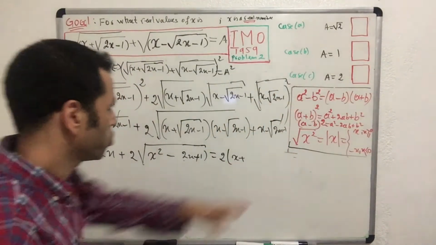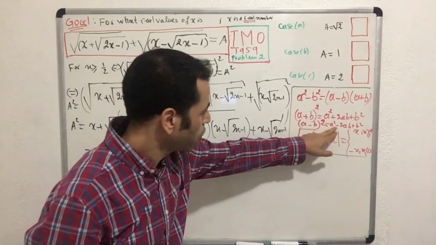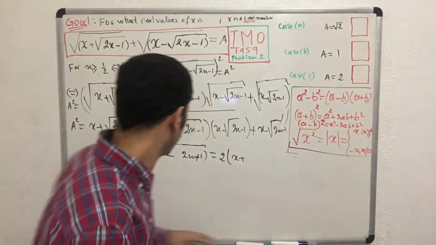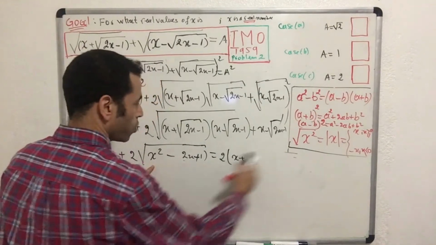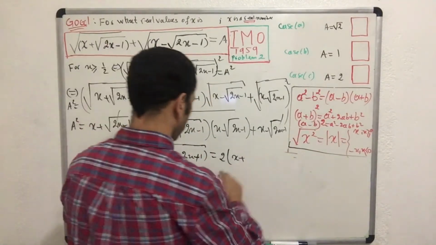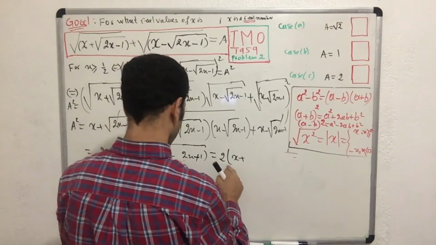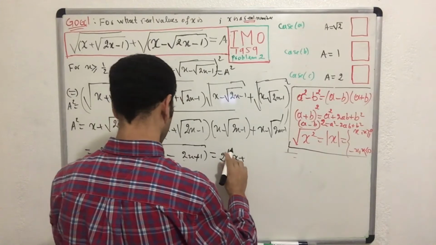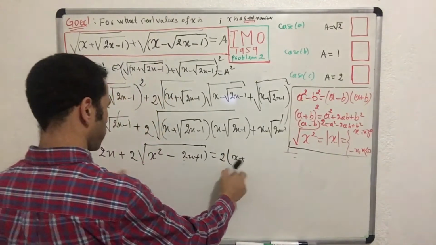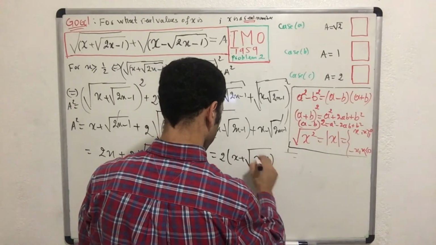I'm going to use this one here, which is a minus b quantity square equal a square minus 2ab plus b square. This one is written on this form, so I'm going to transfer it on this form now. So my term becomes 2 square root 2 factor x plus square root of x minus 1 quantity